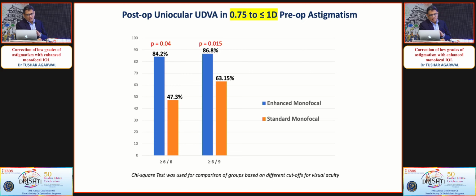But when we did a subgroup analysis where we subdivided the patients into two groups, one below 1 diopter, essentially meaning that this group had 0.75 to 1 diopter of astigmatism, and the other group more than 1 diopter, then we find that the enhanced monofocal group had almost 85% patients 6/6 or better, and 86% patients 6/9 or better, compared to only half as seen in monofocal lenses. So this is where the advantage of these lenses came forth